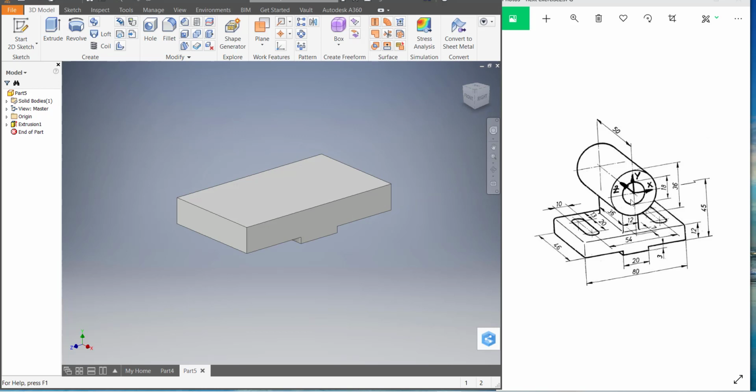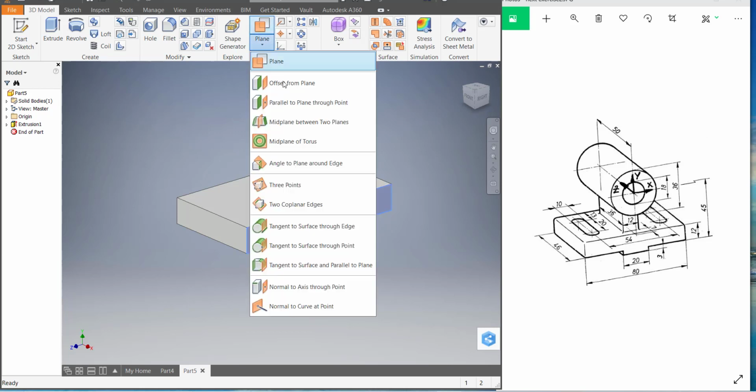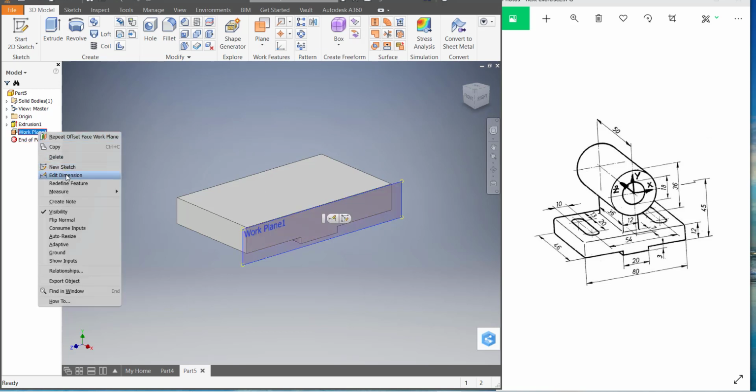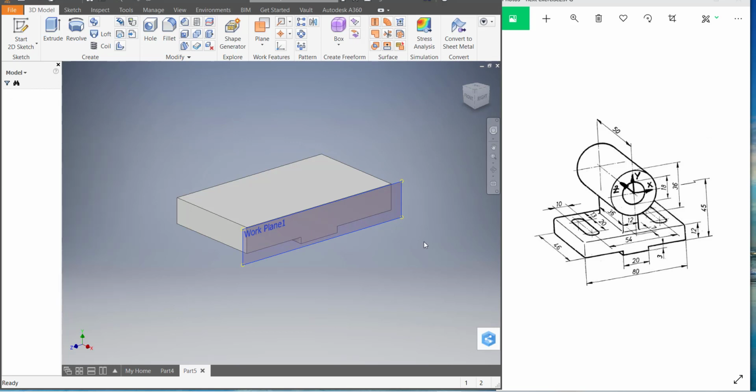Now we are going to make this portion. This is offset from there, rib is 7 millimeter, so 2 millimeter from this face. Okay, click on this face and offset from plane, distance 2 millimeter, work plane 1 and go to new sketch